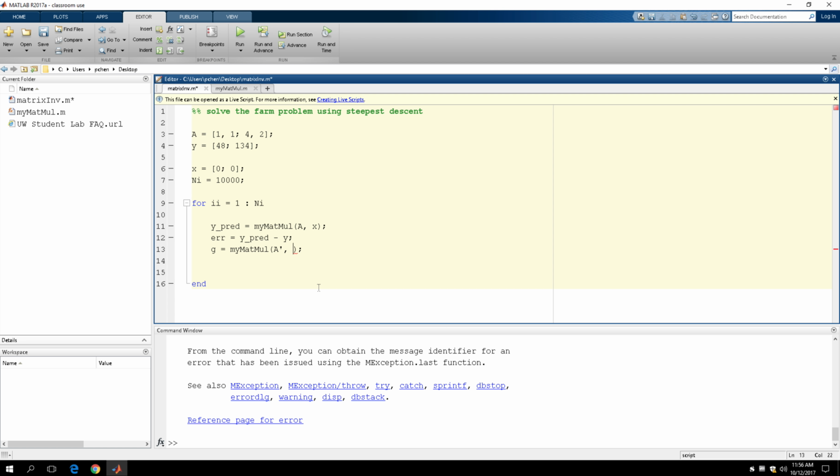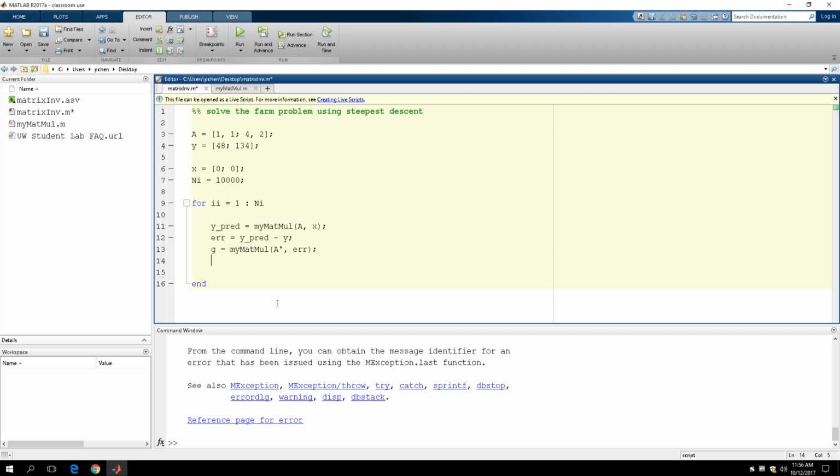And then the second input is the error vector, right? So if I do this A transpose times error multiplication, it's going to give me another vector. A transpose is 2 by 2, ERR is 2 by 1, so the output is going to be 2 by 1. So G is going to be a 2 by 1 vector, right? And then at this point, I can use this G vector to correct my X,